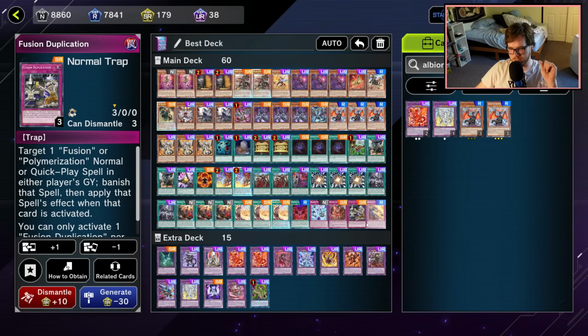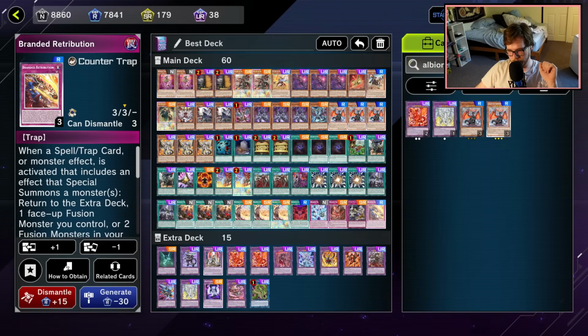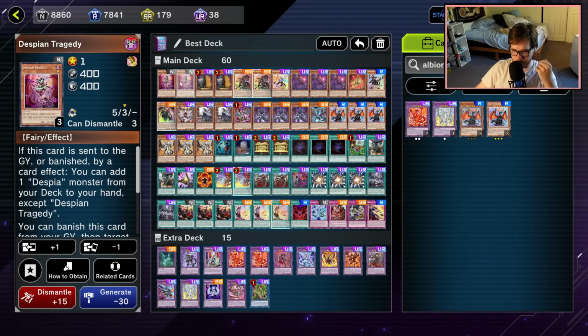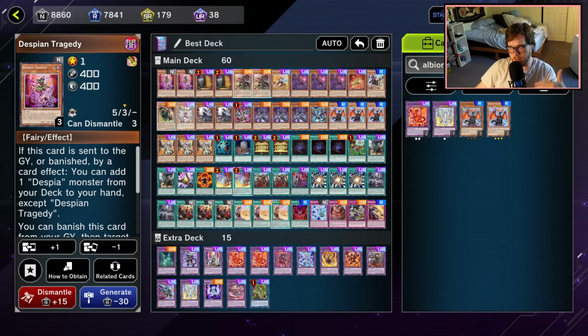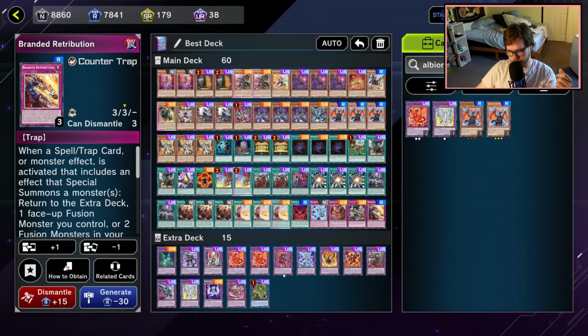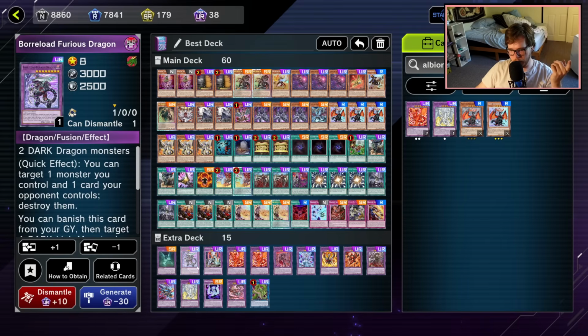1 Duplication, this card was insane. Sometimes I want to run 3 of this card, honestly, just to play through Maxi. That might be the play at some point. And then 1 Retribution. We're only running 2 Tragedy, but 2 Retribution might be something in the future. I don't know. I hate 2 Retribution, personally. I'd rather run 2 Tragedy than 2 Retribution. I think I'd run 2 Merc, 2 Tragedy over 2-2. And then, extra deck, we already explained a lot, but Borreload, of course...